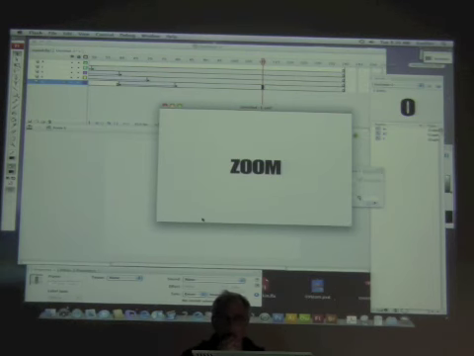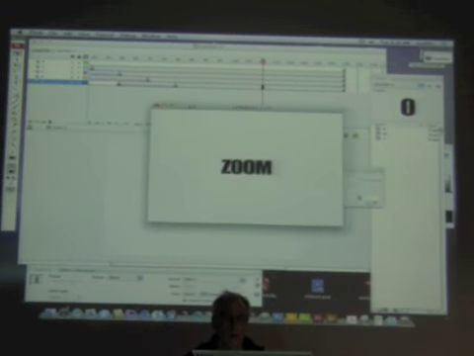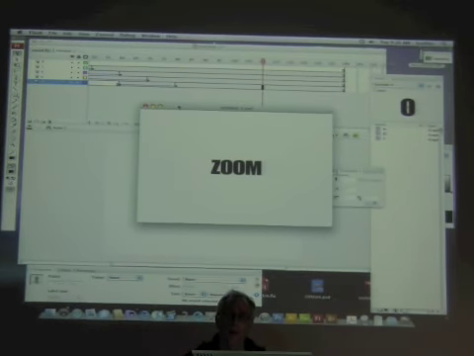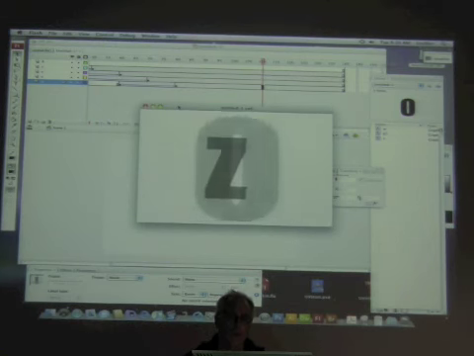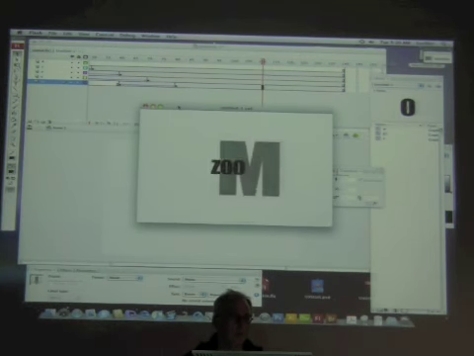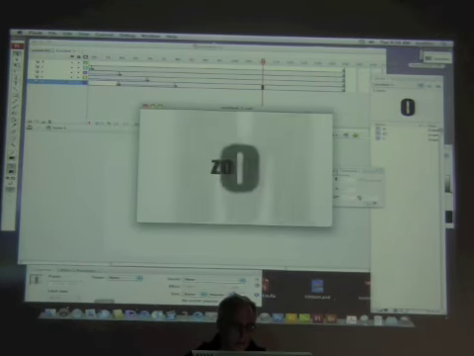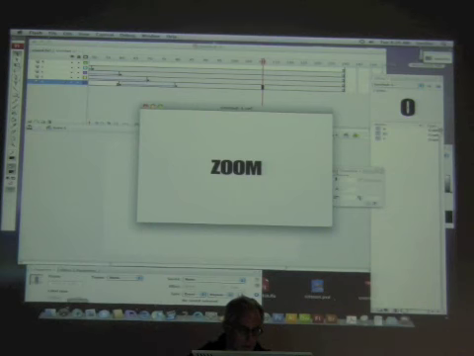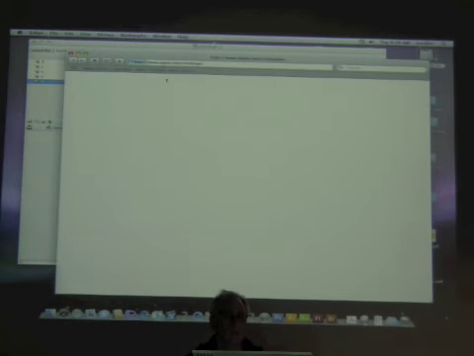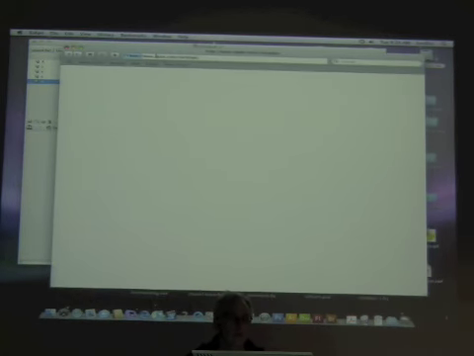If you're interested in doing more with type, and having it automated for you, which isn't a bad idea because you can see it takes a while to do all of this just for one simple effect, what you can do is, let me go ahead and go online for a minute. If you go to flashkit.com,